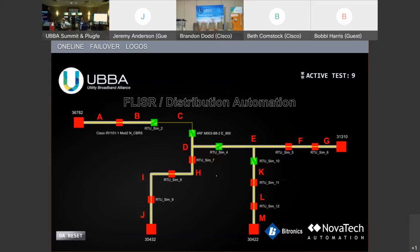And I'm not sure if we explained that on the screen. The device name is there, but also what band it's running on. So if you see E900, that's Ericsson 900. N CBRS is Nokia CBRS. So throughout the test, that's how that's been shown, so you can know what they're running on and see. Channel, or have you set up any particular PCIs for the